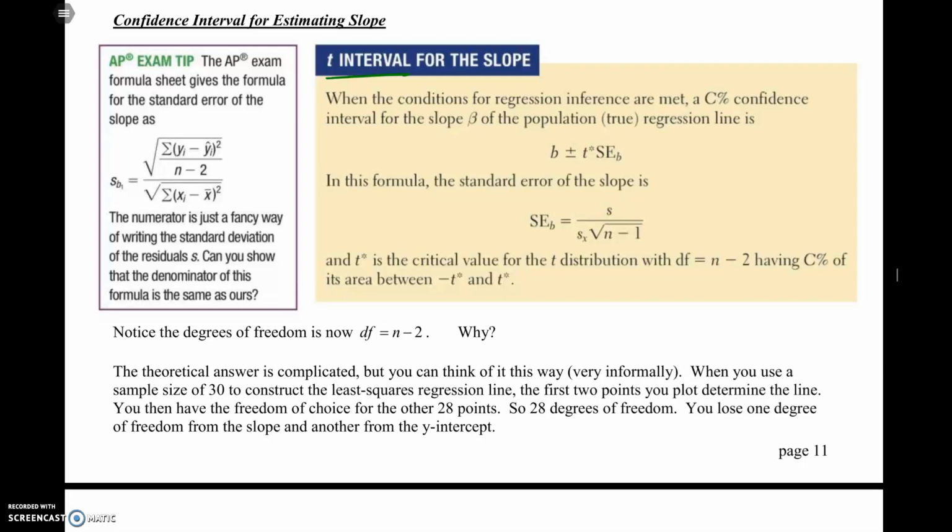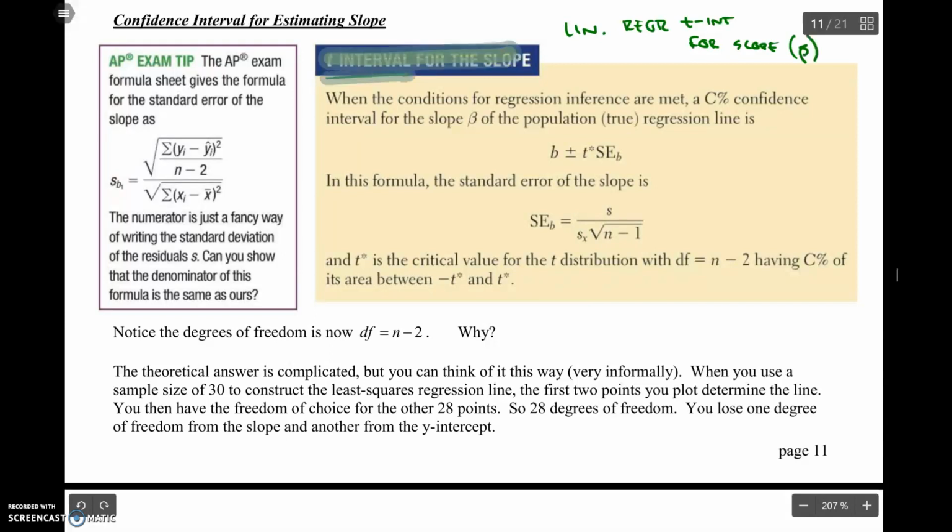All right, so we're ready to finally dive into things here and learn our first inference procedure on slope. It is called a t-interval for the slope, or I like to call it a linear regression t-interval for slope. For slope or for beta. But you don't need to have the linear regression in front of it. So when the conditions are met,